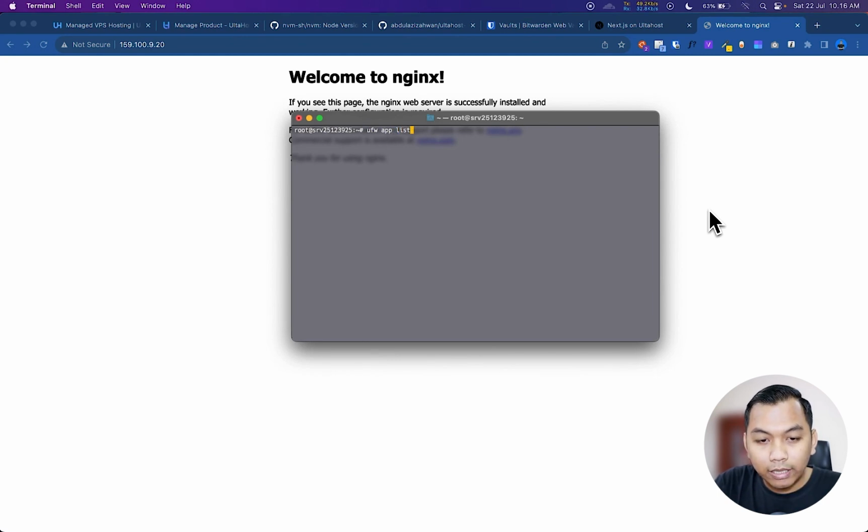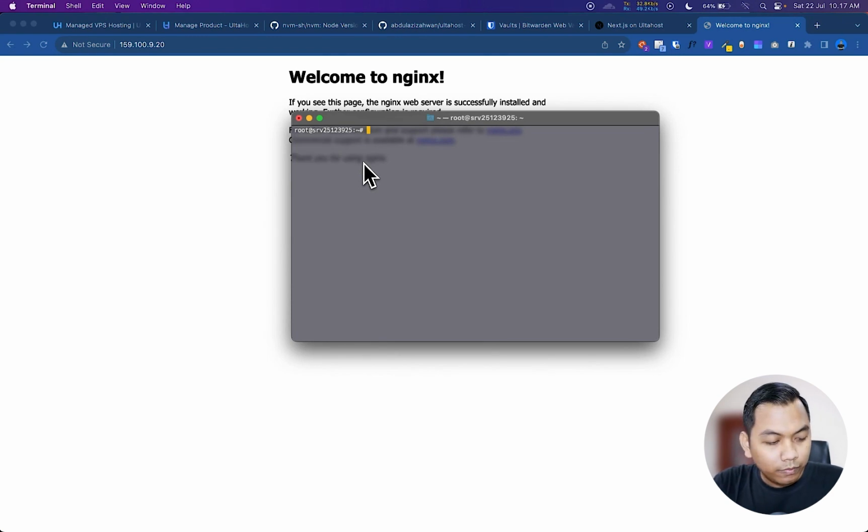When we check using UFW, we will see right now our firewall has application profiles for OpenSSH, HTTP, HTTPS, and Nginx Full, which means our server allows connections from HTTP and HTTPS.